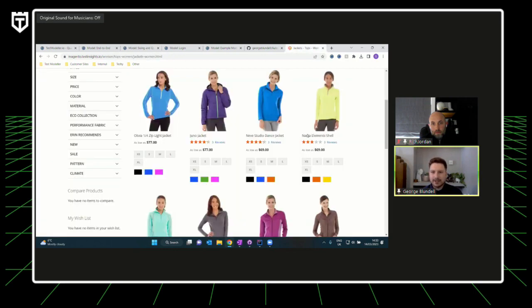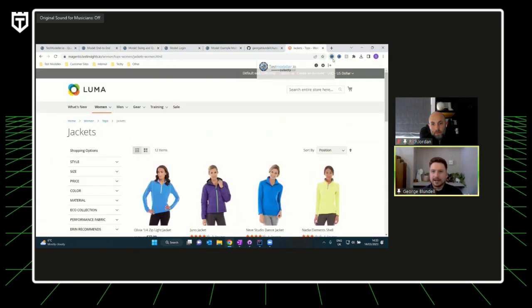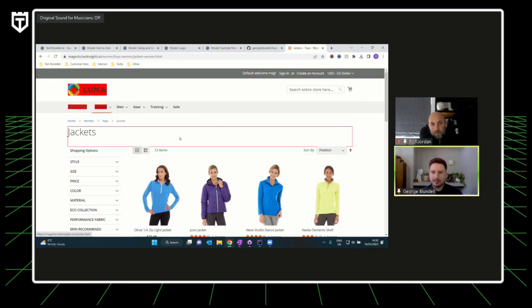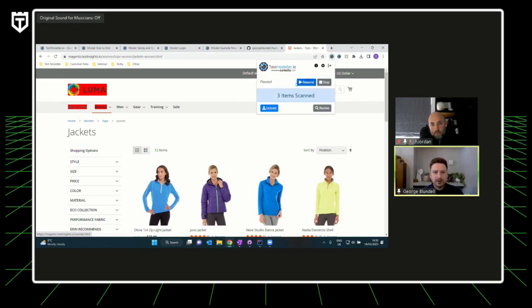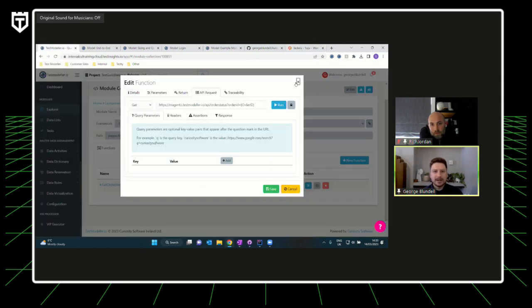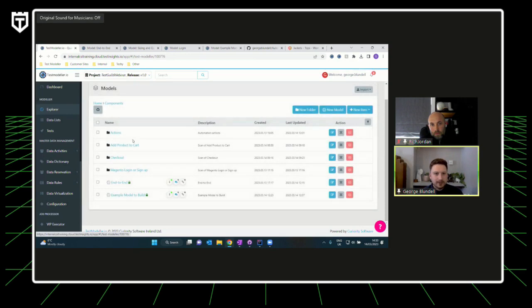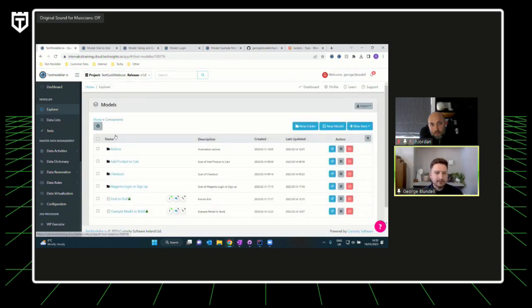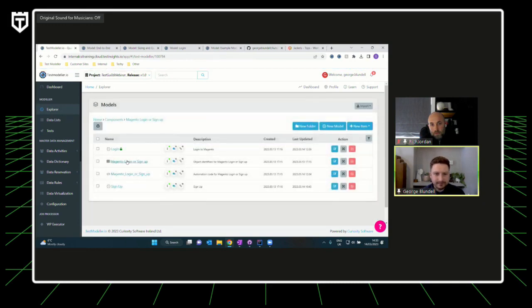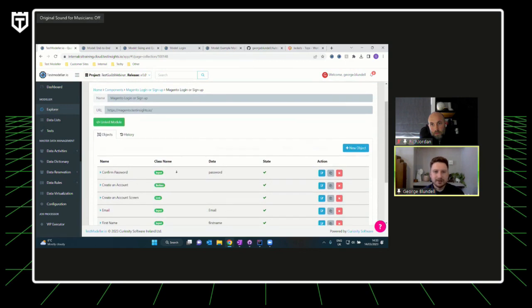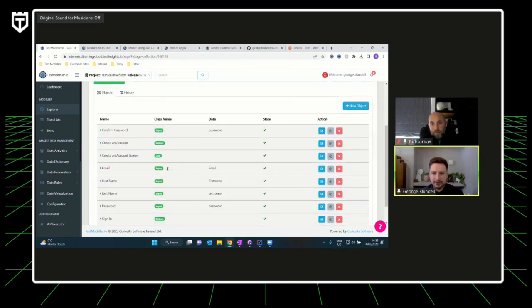So on the application, the example app that we were looking at, we can come through and, similarly to other styles of scanners that are out there, begin to pick up the different buttons and the different elements that exist on our web page. Once we've gone through all of those, we can actually upload them into our workspace. For example, if I come into the main menus here, I'm just going to click on our Magento login and go to the page collection, which is associated to our login and sign up screens.